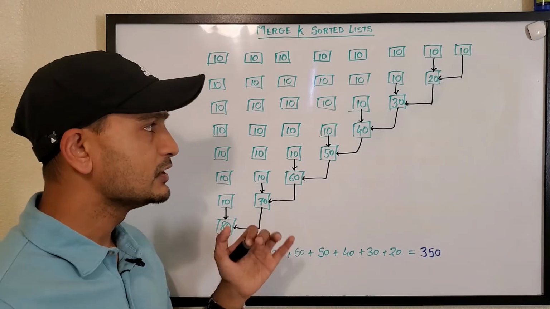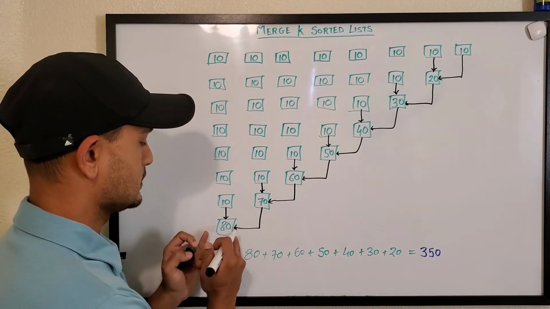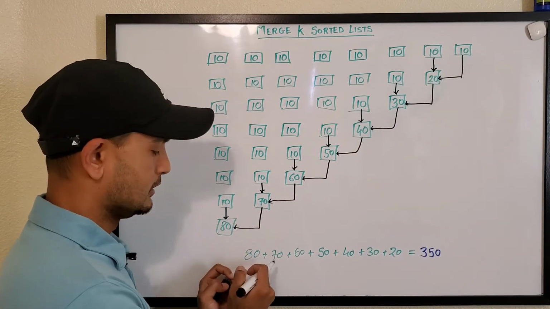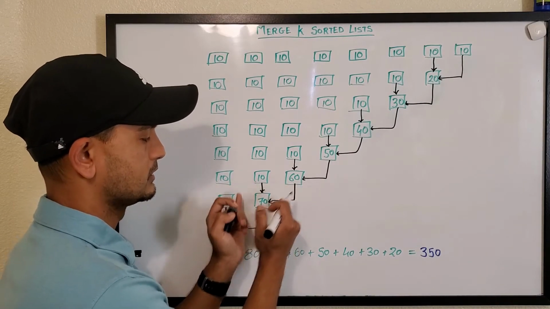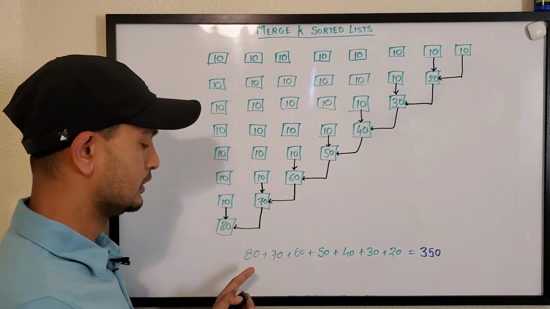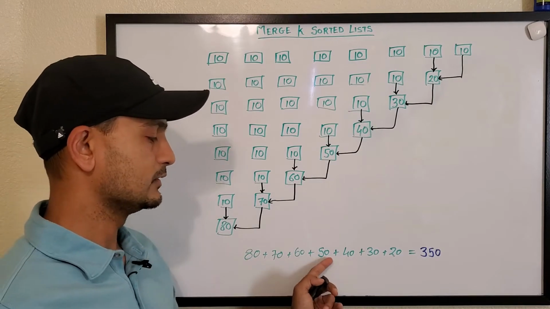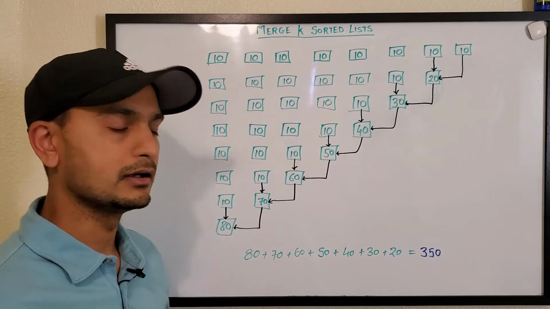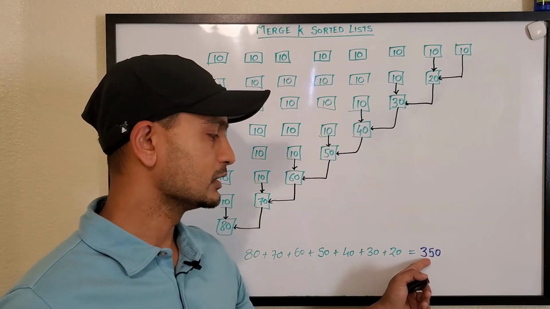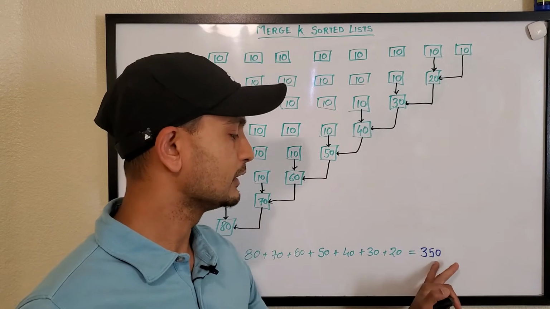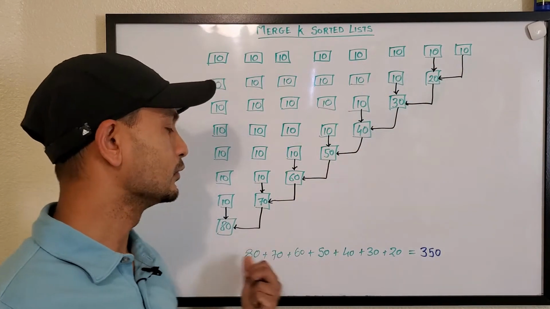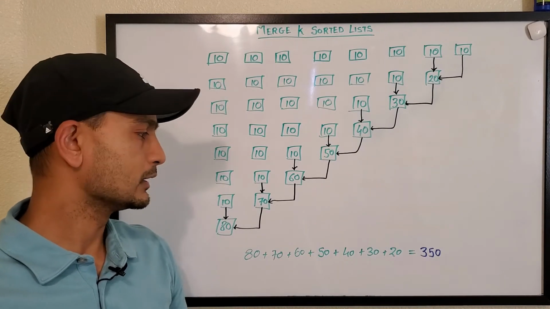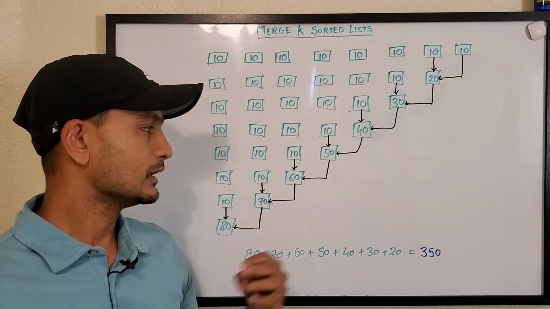So what are we doing here? If you notice, we are merging 70 and 10 elements, so we are working on 80 elements, and over here we are working on 60 plus 10, so we are working on 70 elements. Likewise, we are working on 80, 70, 60, 50, 40, 30, 20 elements, one at a time. So in all, we are comparing 350 elements to merge a total of 80 elements into one single list. That's the simple approach, nothing wrong with it, but are there ways that we can improve this?